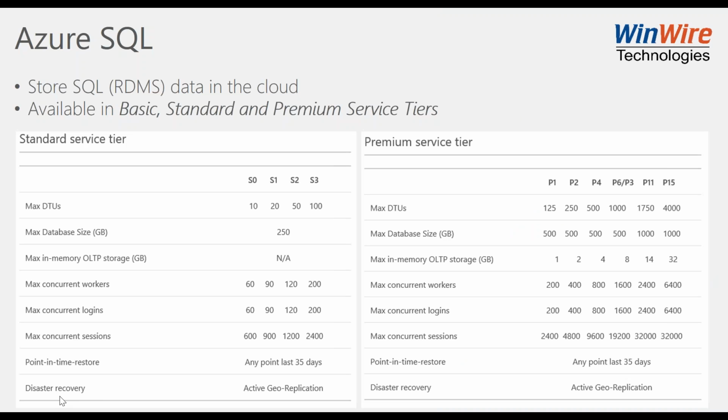So you have these different SKUs, S0 through S3. This is the magic number here. Okay, if you think that your database is going to exceed 250 gigabytes in size, then you're going to want to start looking at the premium storage. Okay, so you can see that you can get up to a terabyte. You can be 500 gigabytes. You can be up to a terabyte, and you can also see some of the in-memory storage, right? So you're not necessarily seeing that here in the standard version,